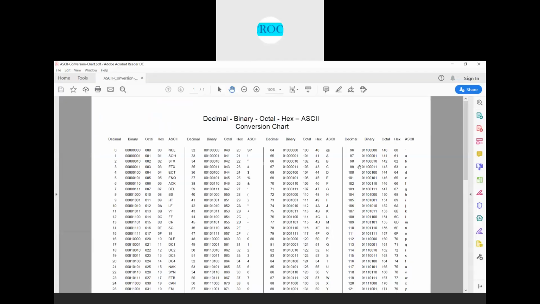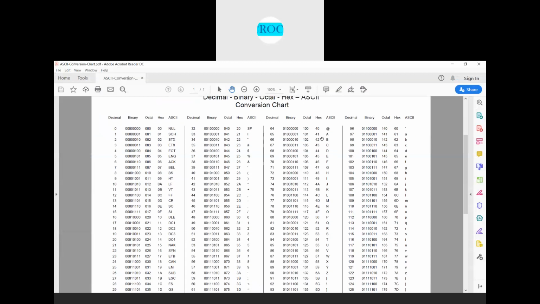Yeah, this is the ASCII table we have, and what we transmitted here. You can see from here the ASCII characters A, B, C, D, E, F. What is the hexadecimal equivalent of the ASCII character A? It is 41. This 41 will be loaded into the serial buffer register.